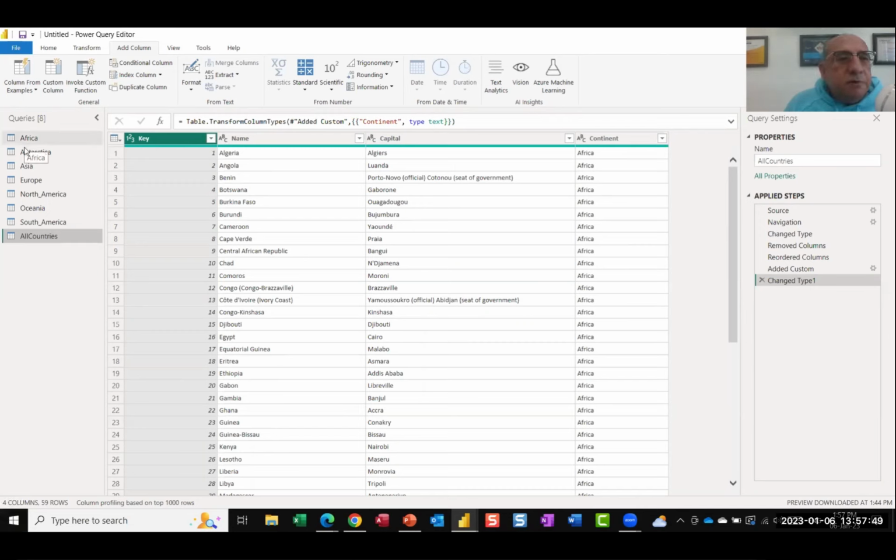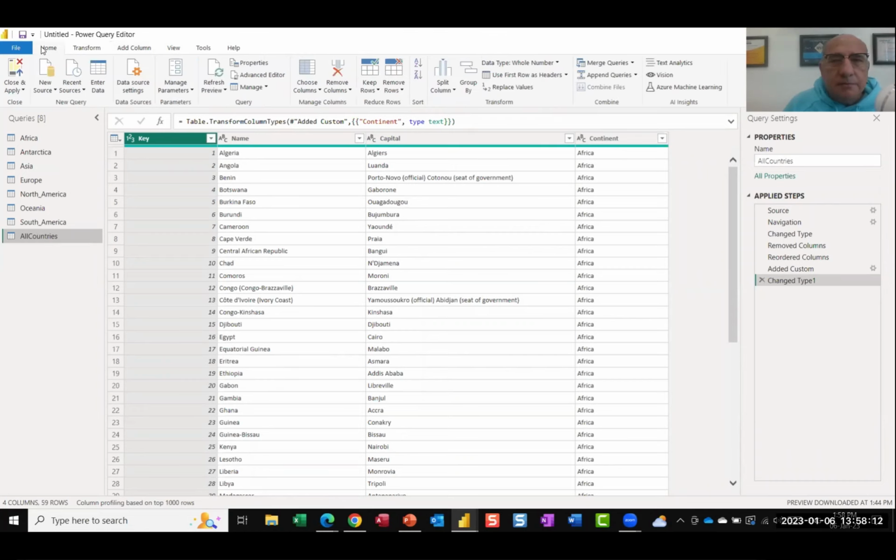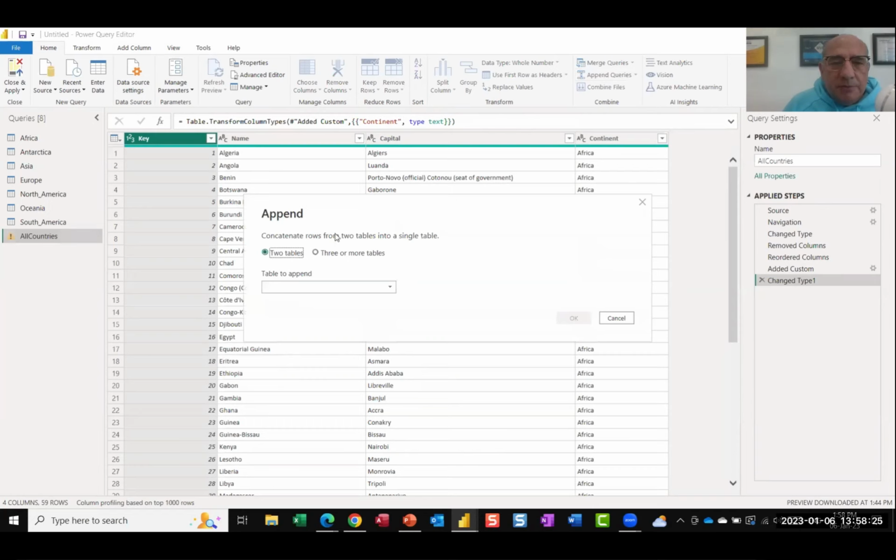And I would like to put all the other countries below the Africa countries. I want to append them all together. So please make sure you are selecting the all countries query. And to the right side of the Home tab, please click on Append Queries. The Append Query dialog box opens,